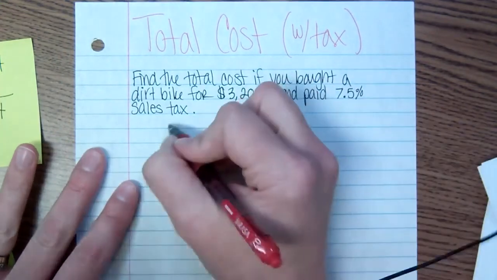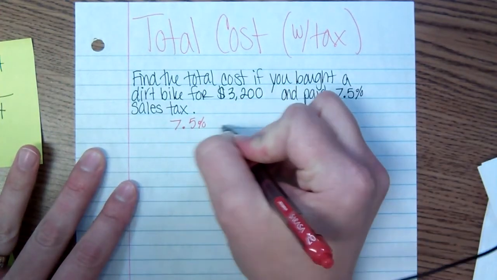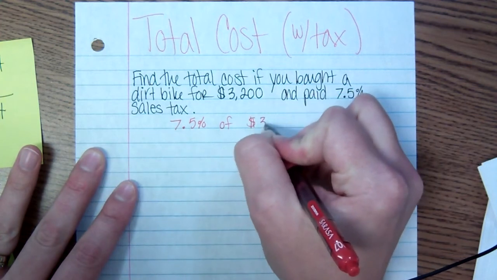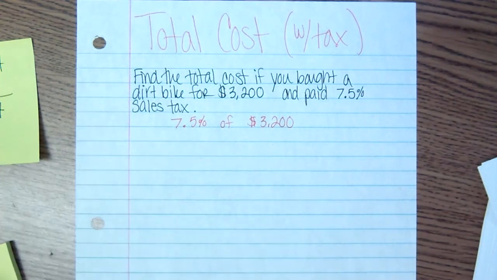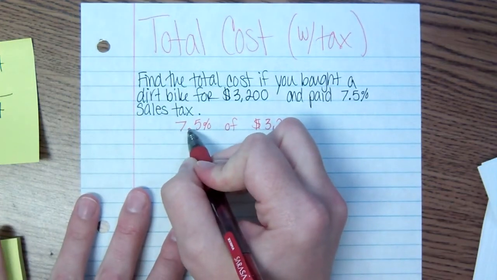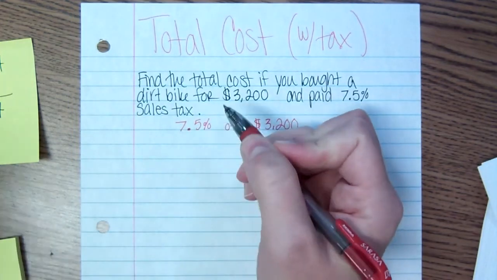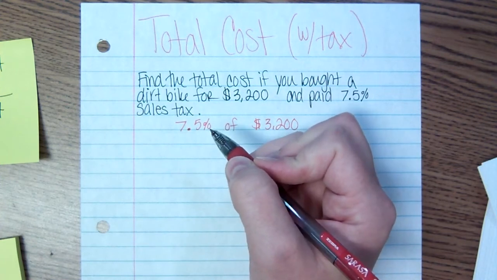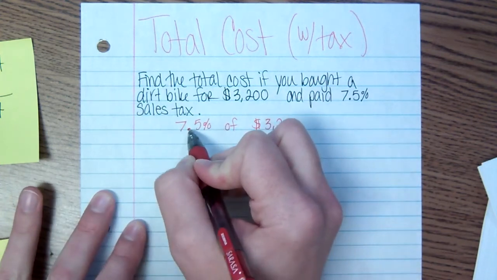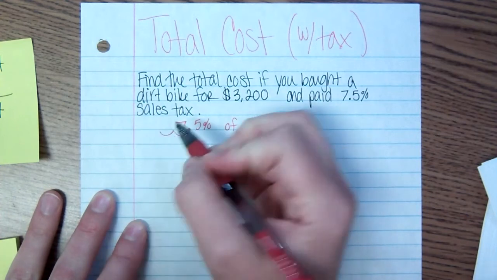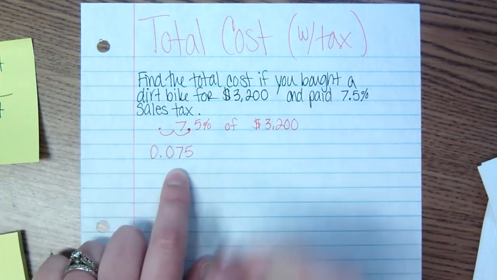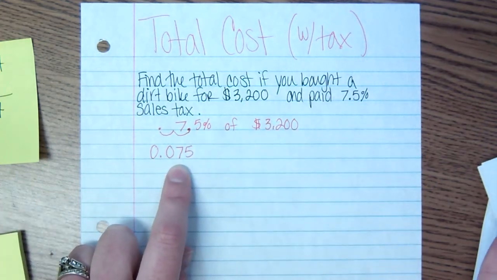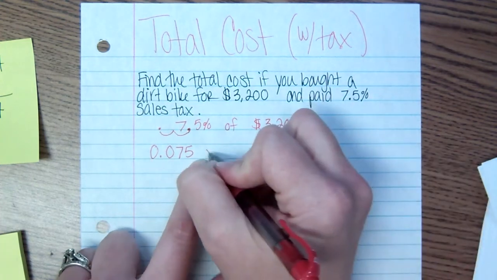So that's going to look like 7.5% of the dirt bike price of $3,200. Now, if you like to use equations, you're going to need to move this decimal over. You're going to need to move it twice. Don't be freaked out that there's a decimal in the middle of your problem. There's always a decimal. Sometimes it just doesn't show up. You have to figure out where it is. Right now, you know exactly where it is, but you need to move it twice. 1, 2, which leaves you with 0.075. It looks funky. It's got 3 digits. That's fine. And then of is times